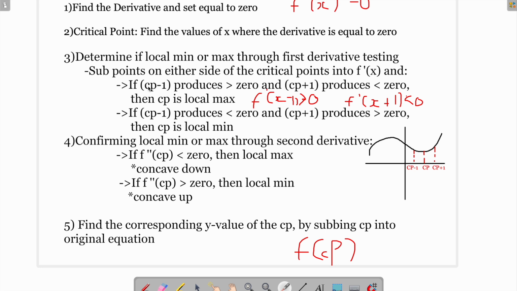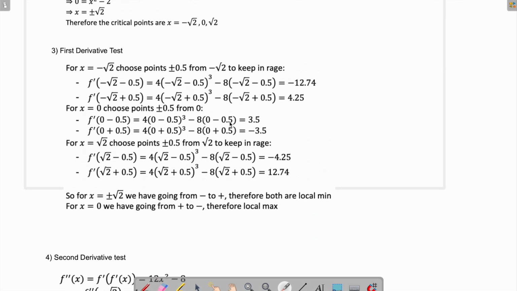Once again, we go back here. If the left-hand side of the critical point, the lower value, produced is greater than 0, and the right-hand side of the critical point, the greater value, is less than 0, then that critical point, so 0 in this case, is our local maximum. Awesome. So we can determine minus square root 2 is a local min, 0 is a local max, and